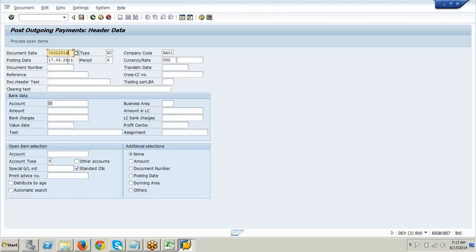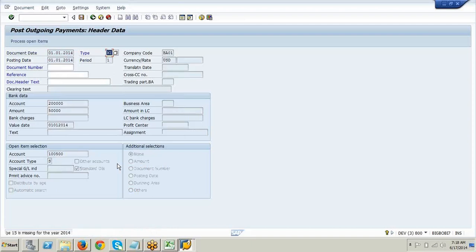So here I'll give 01. What bank? Going out from bank, right? How much amount? 50,000. I'm paying for rent payable, account 100500.